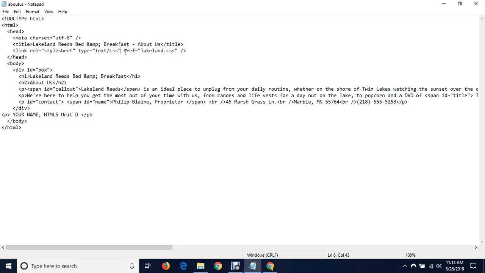After the type tag, I'm going to have it say media equals screen